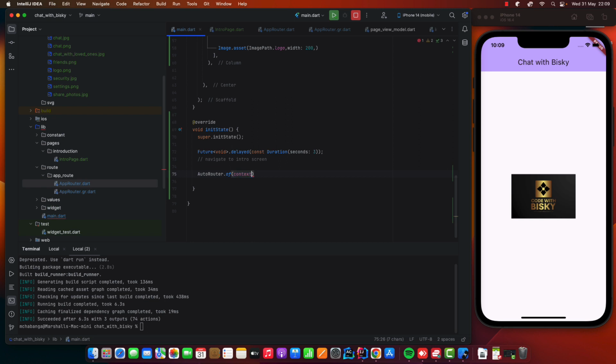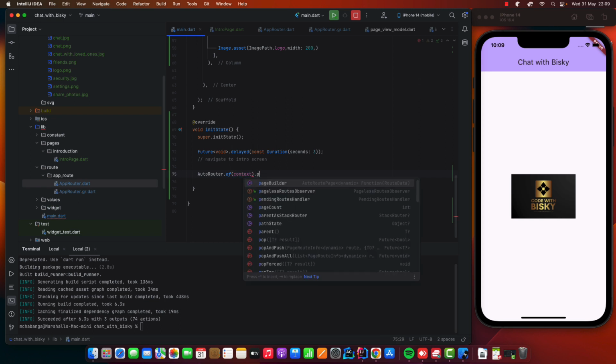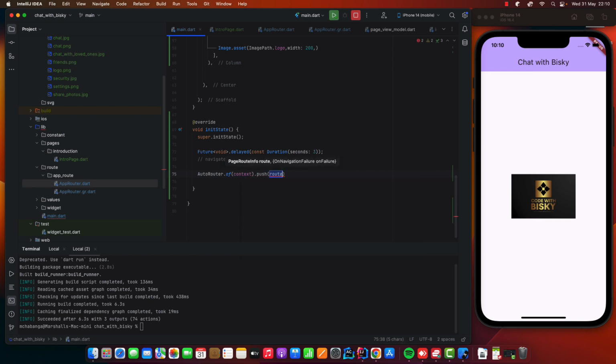Then we pass our context. Then we say push. Then we push to our, just say